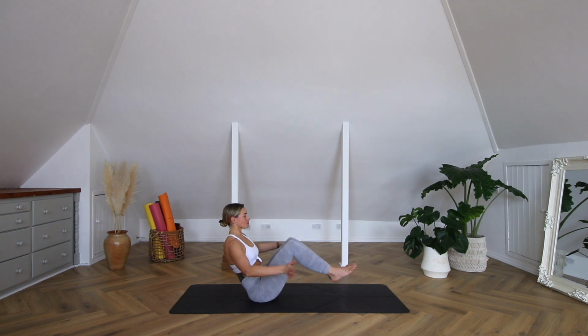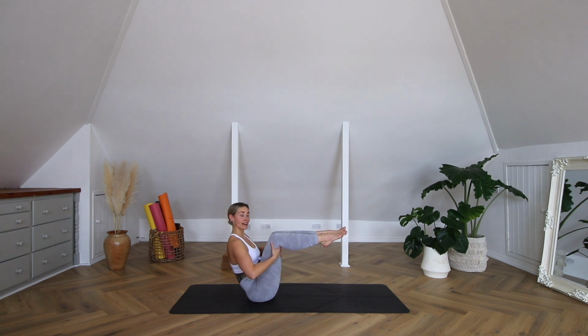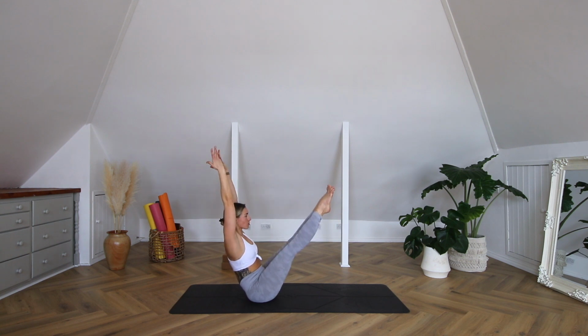So options: modify by holding the backs of the knees, or still holding the backs of the knees but bringing the toes off, or you can reach those arms out, or you can straighten the arms up to the sky and the legs. Holding here, take an inhale,